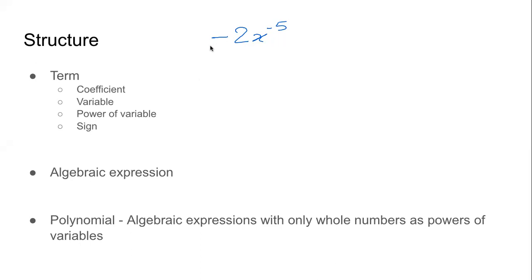The coefficient is not just 2. The coefficient is minus 2. I told you I have not clarified this today, but I have told you this earlier. It is minus 2. It is not 2. If someone asks us what is the sign for the term, we will say minus. If someone asks us what is the coefficient for this term, we will say minus 2. So always we will include the sign with the coefficient.